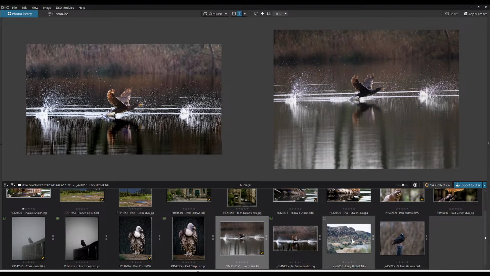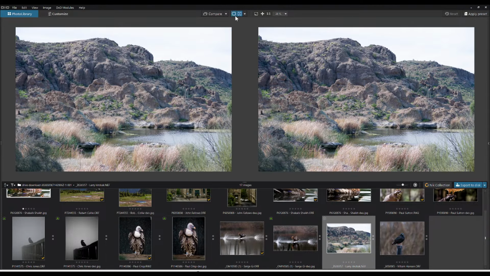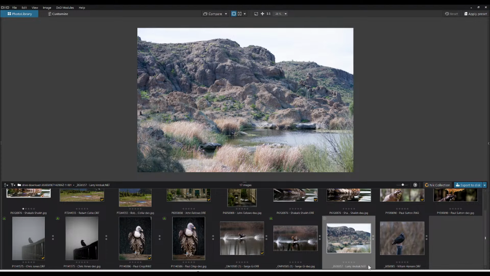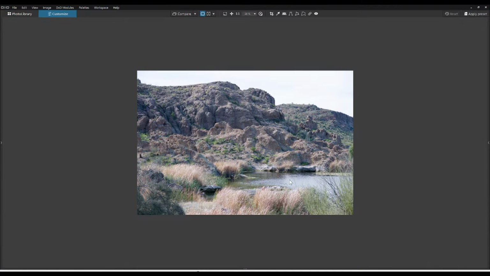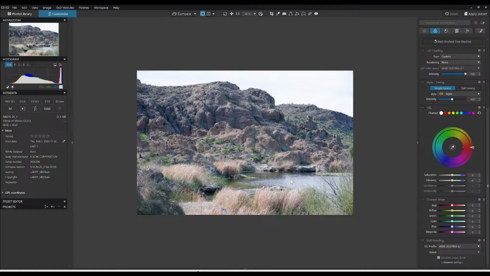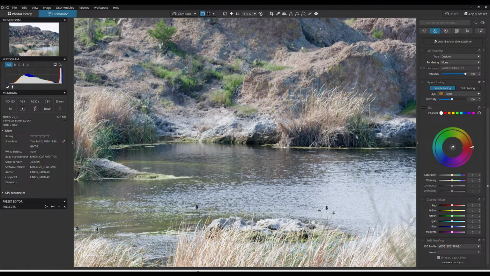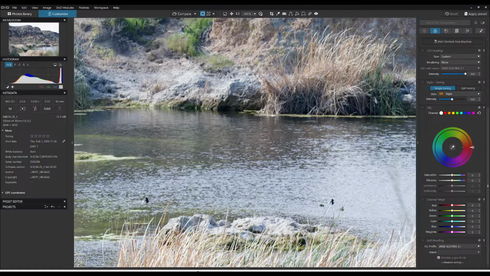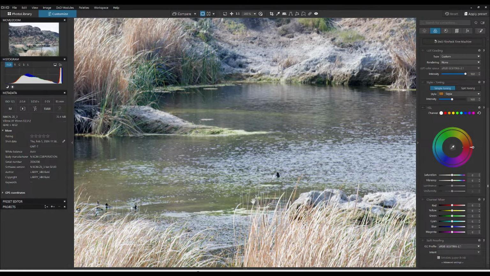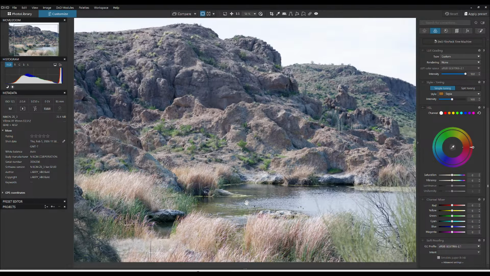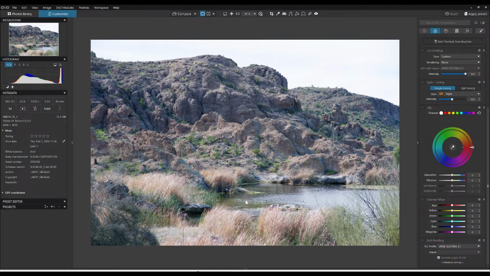Let's see, this one. It's from Larry. So what is that down there? Those are ducks, little mallards. That's cool. Gosh, you're pretty far away. So